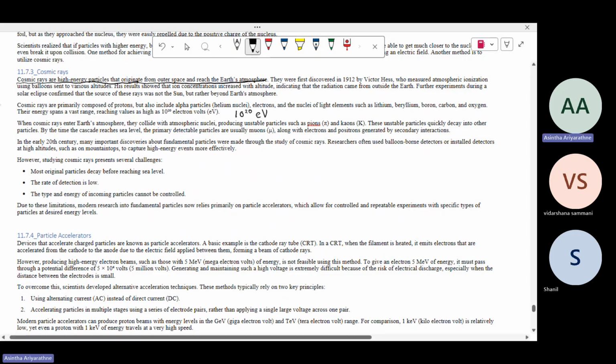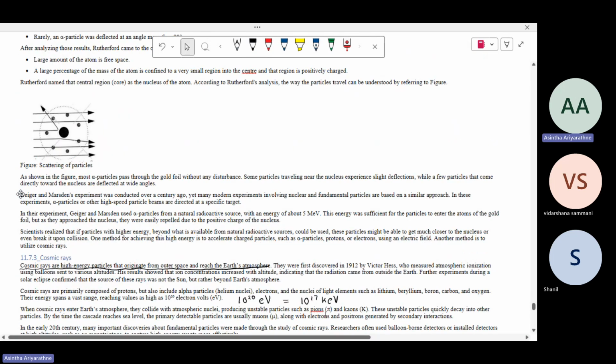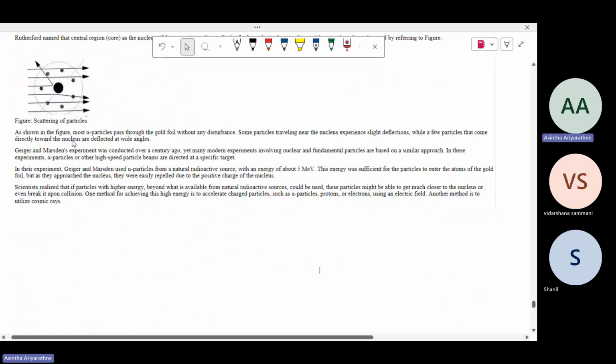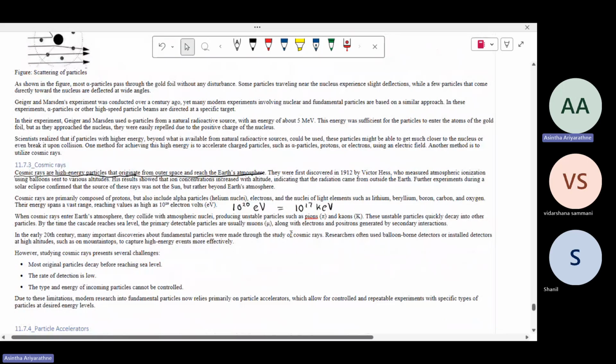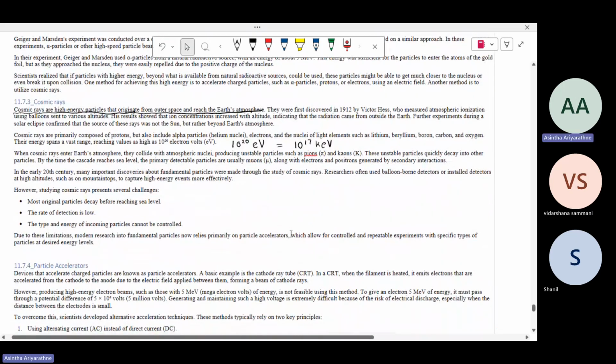Cosmic rays have energy of 10 to the power 20 electron volt. This is equal to 10 to the power 17 kilo electron volt, very huge compared to an alpha ray, which is only 5 kilo electron volt. Very huge, right? So due to this high energy,